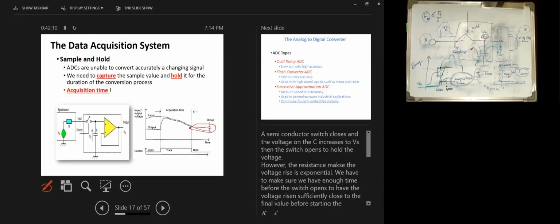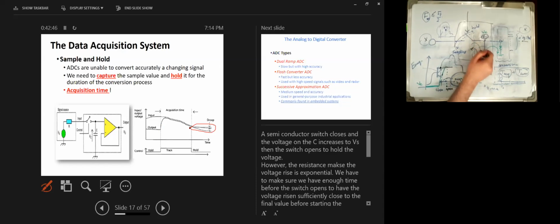And if you remember from the circuits or physics courses, we can safely assume that the capacitor voltage is the same as the input signal once the transient period is over, if we wait for what? 5 to 7 tau, right? Something like this. Exactly. So if you make your acquisition time, let's say, 5 tau,